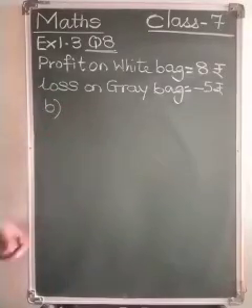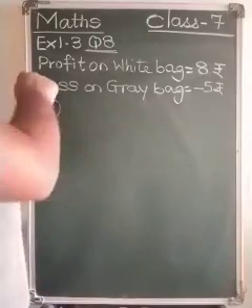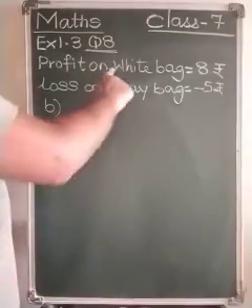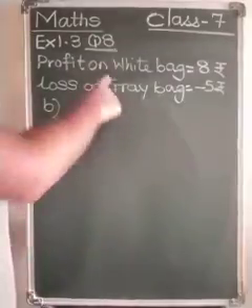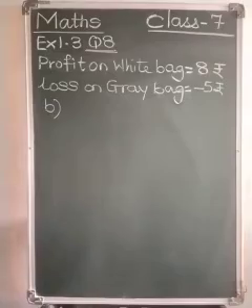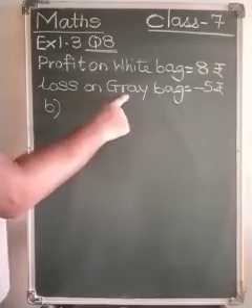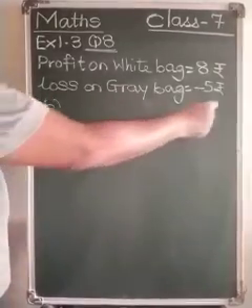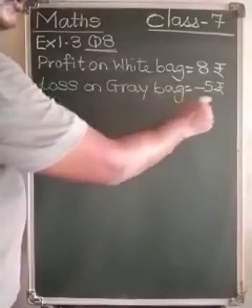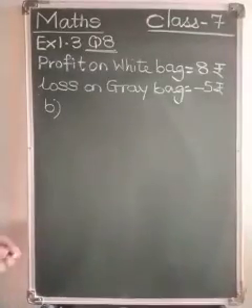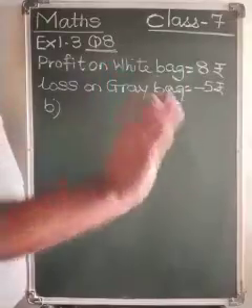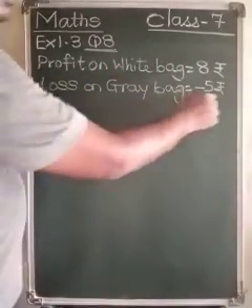Okay. For your recalling, I have written that the question was that a cement company sells white cement bags and grey cement bags. On a white cement bag, they have a profit of rupees 8 per bag, and when they sell a grey cement bag, they have a loss of rupees 5. Though I have written here loss and minus 5, it is just for your understanding. If loss is written, even if you don't write the minus sign, it is well and okay.